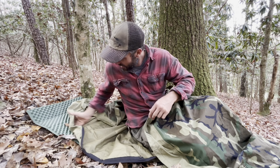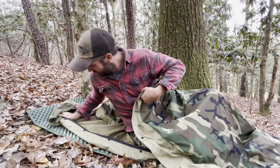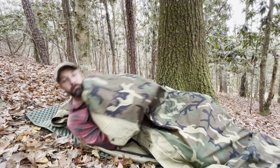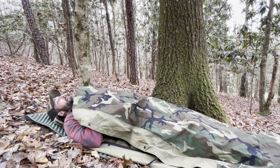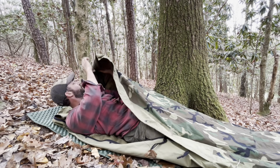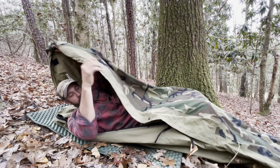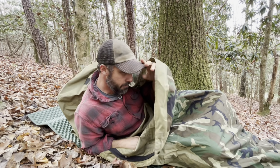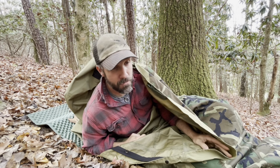So not a whole lot of padding needed here. So my small little accordion style Thermarest. And I am feeling good about life. And if it should rain, I would just tuck myself in, zip myself up, cover myself up, and keep myself nice and dry. Now, if temperatures should drop, which they will,